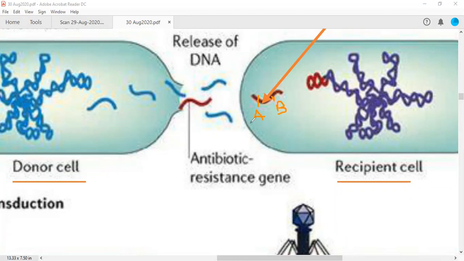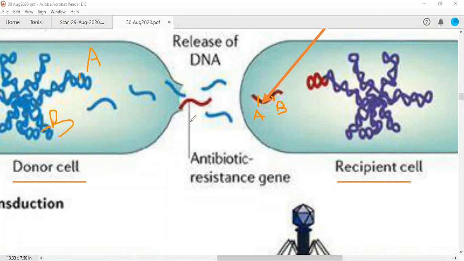Suppose there are two genes which are present very close to each other in this particular chromosome. That's why they are present over the same fragment. When this large chromosome is fragmented from the donor cell, they will come over the same fragment, because they are present close together. But suppose they are present very distant from each other, one gene A here and some other gene B here. Then you cannot say that the same fragment may have both the genes.